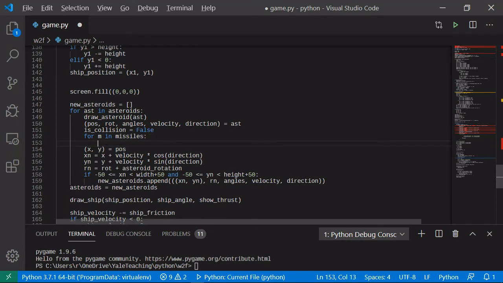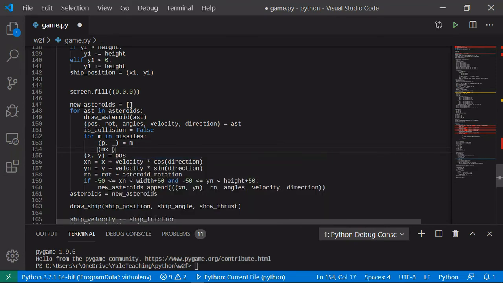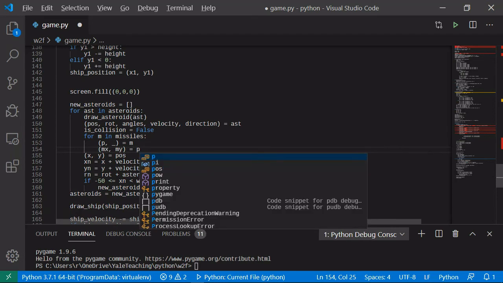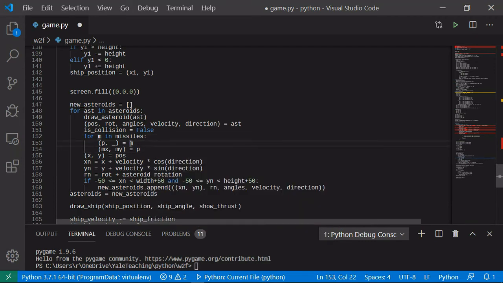the missile will have a position and a direction. We don't really care about the direction. So we're going to have P, and I don't care. We get it from the missile. And then I'm going to have mx, my extracted from P. Let's call this MP to avoid any kind of confusion, right? So this is the missile position, and we have an mx and an my, and then